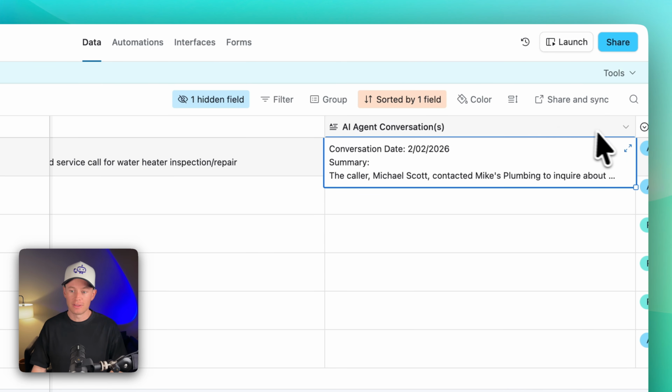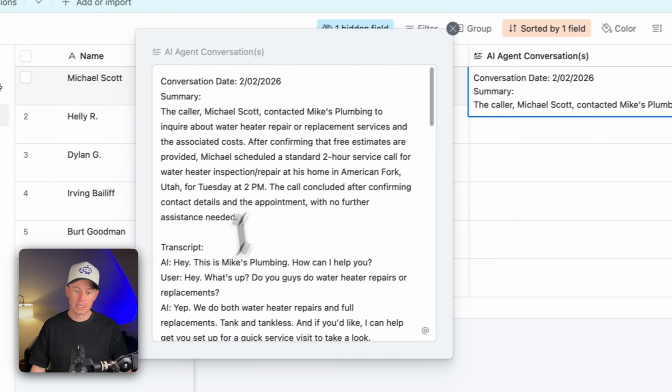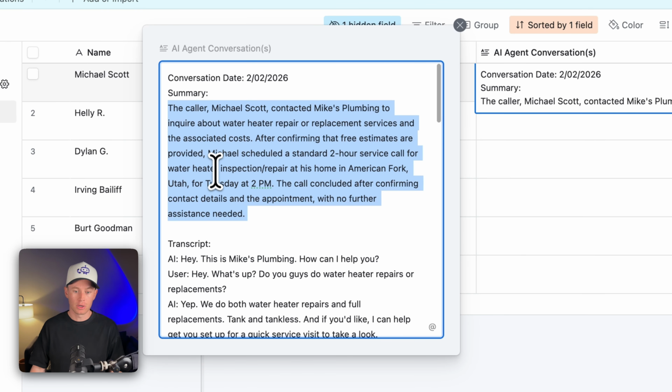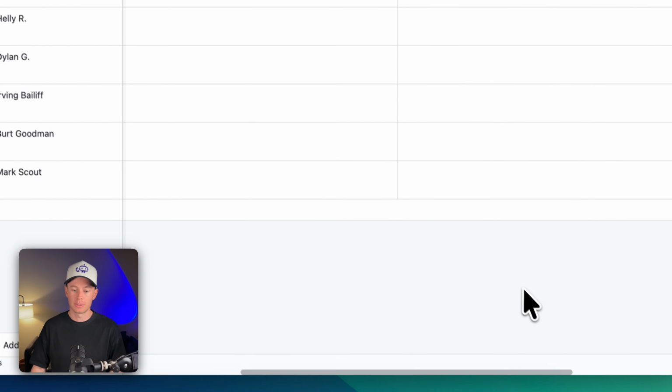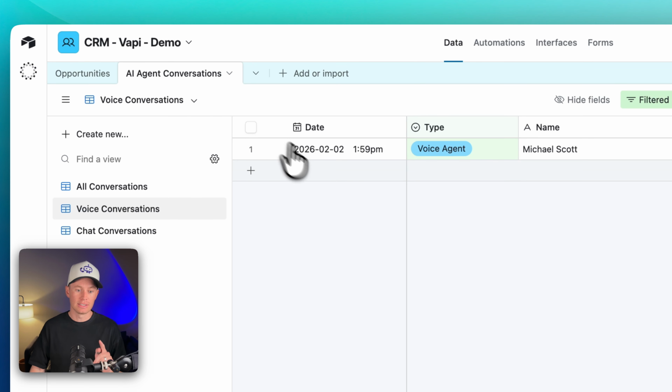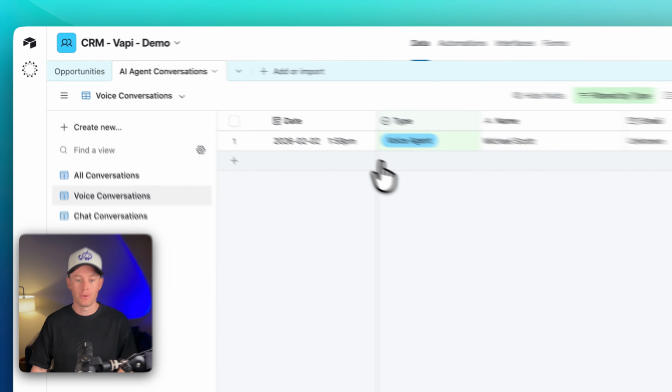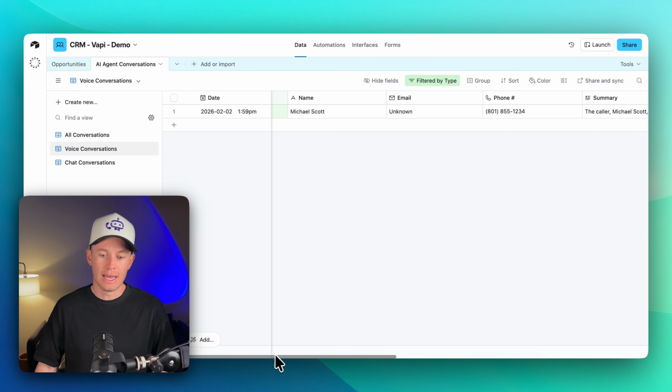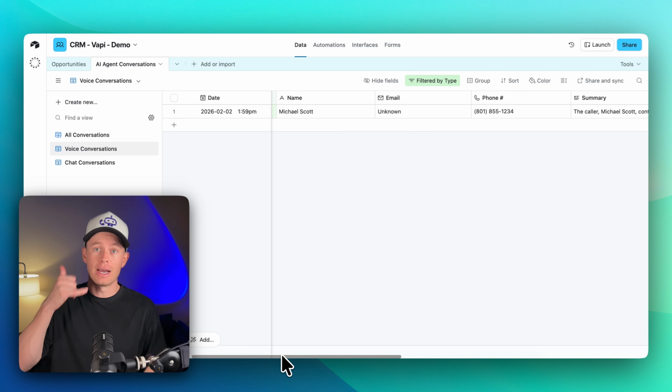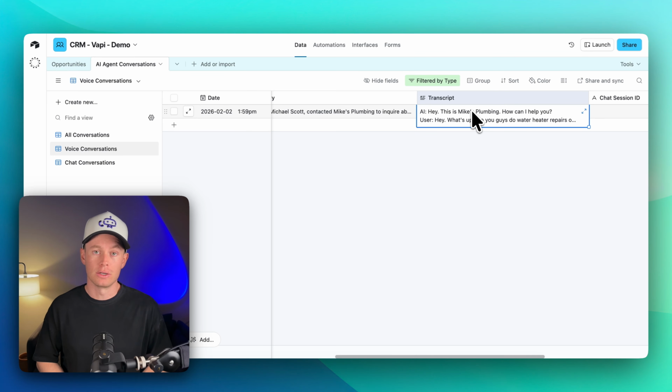And then we also have the AI agent conversation. So we have the summary of the call right there, and then we have the whole transcript as well. We're also logging everything inside of this AI agent conversations table. Just in general, anytime a call comes into our AI receptionist over the phone, it gets logged for us in our spreadsheet, in our base in Airtable, right? Phone number was captured, summary, and the transcript. Every single call, no matter what, even if no service call was booked, we're logging every single conversation.